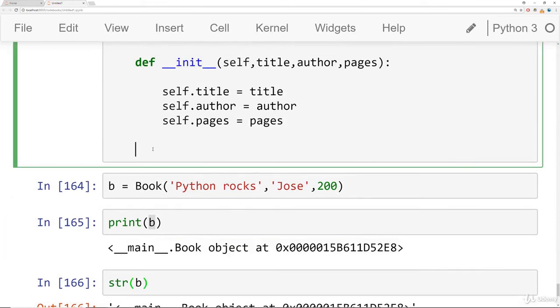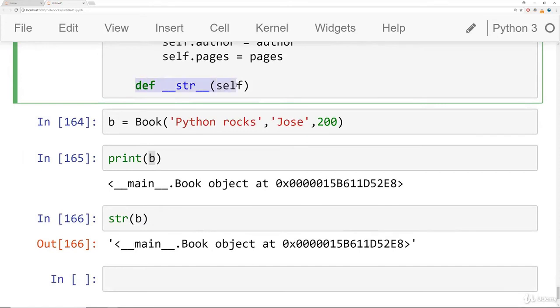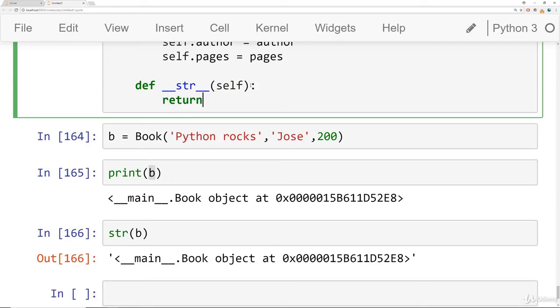Instead, what we can do is actually use the special method related to that string call, which is underscore underscore str underscore underscore. And what this does, if there's ever any function that asks for the string representation of your book class, then it's going to return whatever this method returns, which is why it's a special method. And make sure you use return here, not print. And I'm going to return whatever I want to be printed out. So when I print out a book, it might make sense to print out a lot of things. So we'll use an f-string literal format.